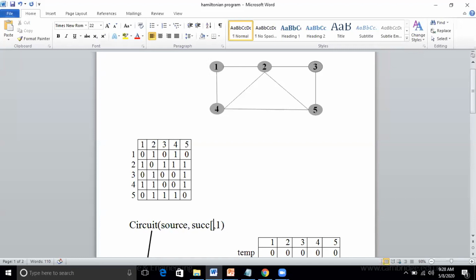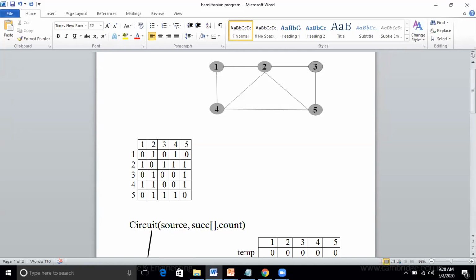And the third parameter for this function is count. Why do I want to keep track of the count? Can anyone tell why we have to keep track of the count? When we come to know that we have visited all the cities. When count becomes the number of vertices.